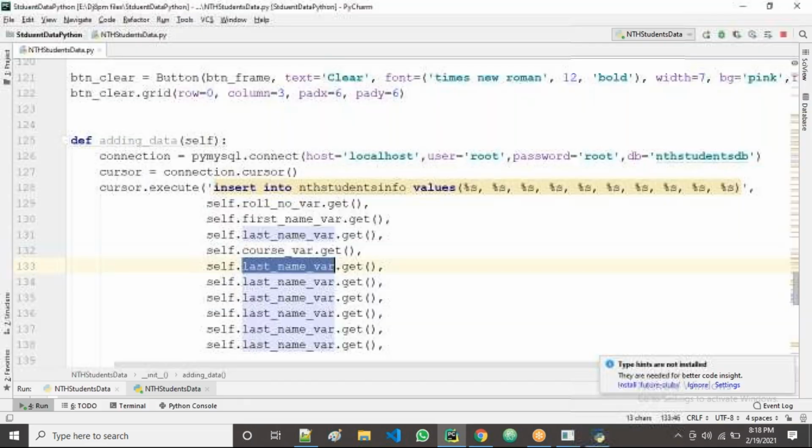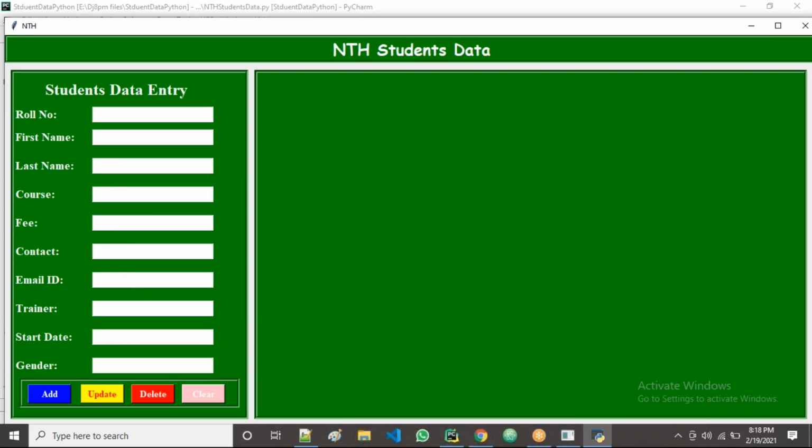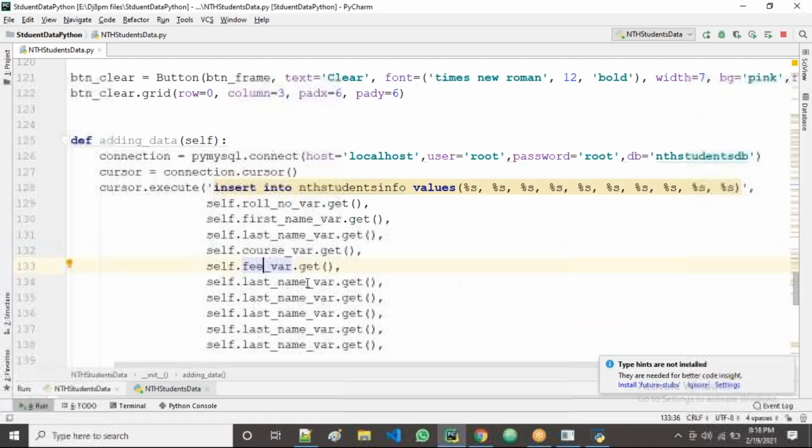After course, fee, right? The fee variable, guys. What's the variable name? The variable name is the fee variable. Next contact, right? Contact variable, then email ID. All of you just keep an eye here, observe whether I'm making any spelling mistake.